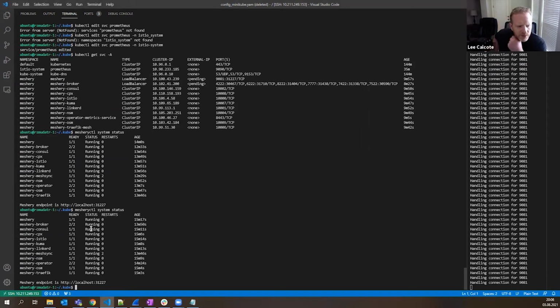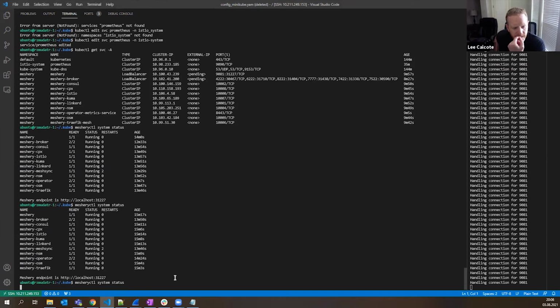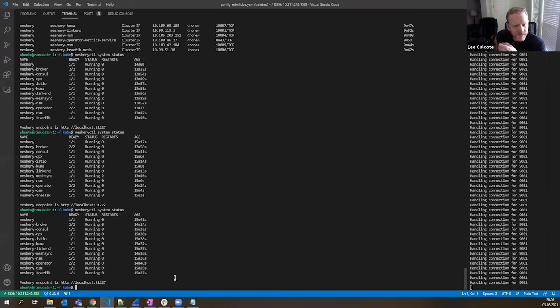I was going to assume that the operator is going to be going down. And if it doesn't, that just proves that the operator has been orphaned and isn't really part of the Meshery deployment. So if you do status again, mesheryctl system status, and if it doesn't turn to terminating, then we might want to force this by